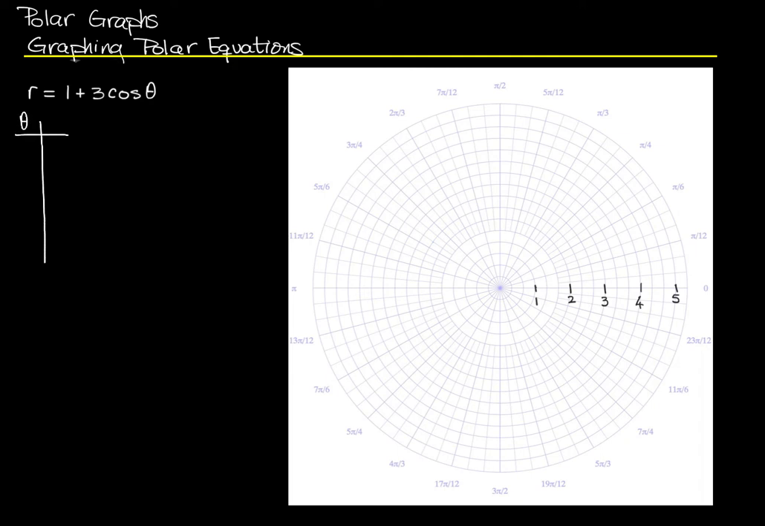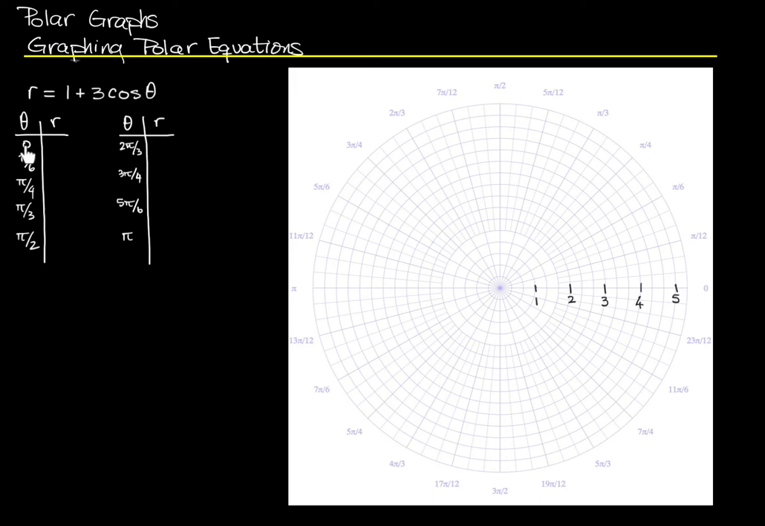Theta is my input, and r is my output. And I have 0, pi over 6, pi over 4, pi over 3, pi over 2. From experience the last time, I also need 2 pi over 3, 3 pi over 4, 5 pi over 6, and pi. And I think that should do us for now. That's r and theta. Theta is the angle. R I don't know. So let's figure out what the answers to this question are when I know various different